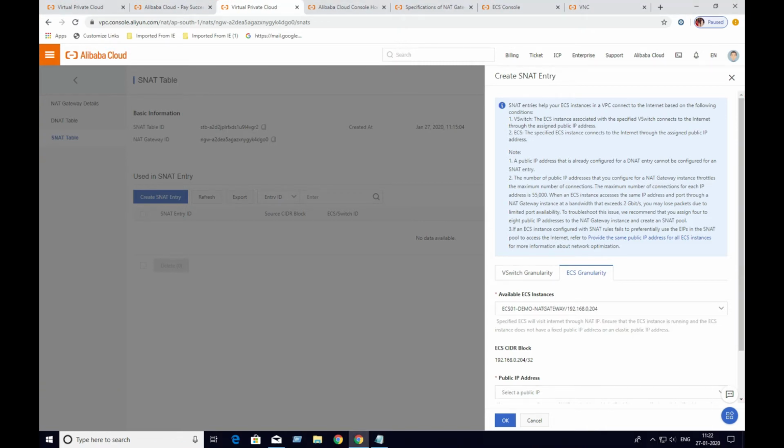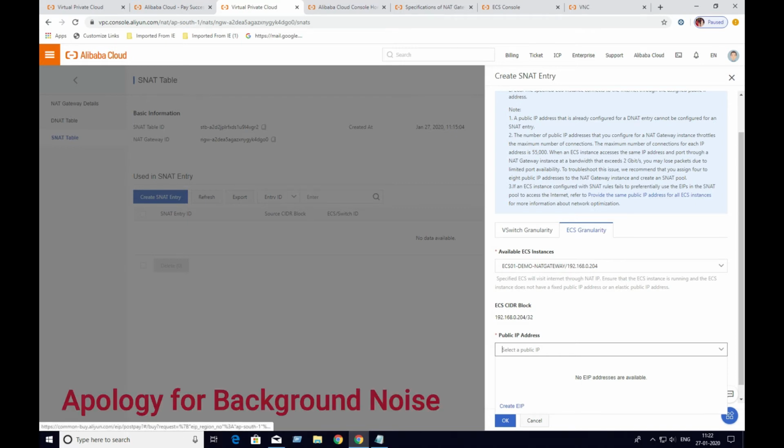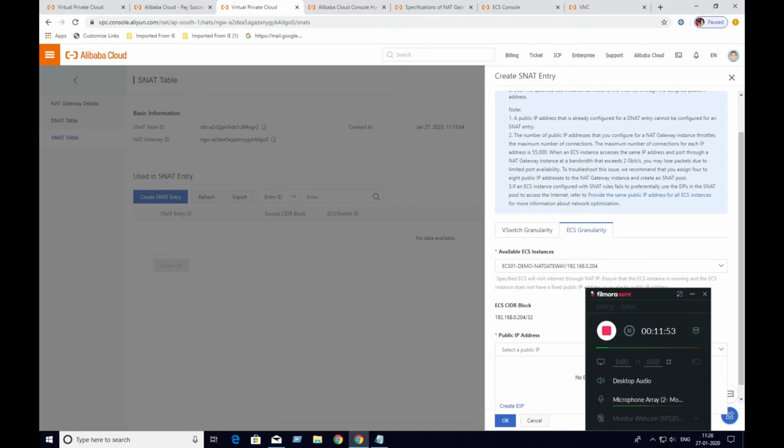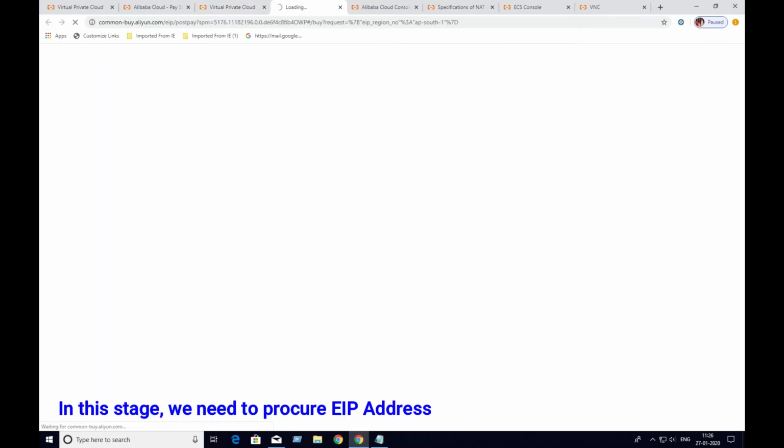And guys, you can see that whatever ECS you assigned, it's showing the ECS CIDR block here. This is the IP address and this is the subnet range, and here it's asking for the elastic IP. At the end you can see Create EIP. That is what, friends, you have to do now. You have to create an EIP, which is an alternative term for a static public IP address. So we have to click on the EIP,